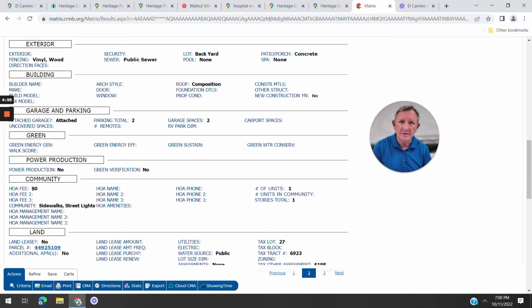Mello-Roos is an infrastructure bond. When they build roads, when they build fire stations, police stations, things like that, they have to figure out a way to pay for it. And the way they do it in California is they create a district, and it's called a Mello-Roos district. They issue bonds, and those people that are buying the homes there end up paying on the bonds. So there's none of that here, and so you have no HOA, you have no Mello-Roos, and that's